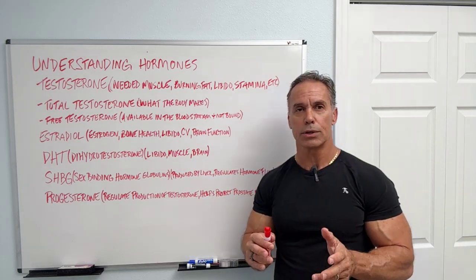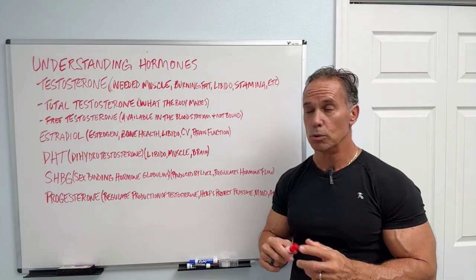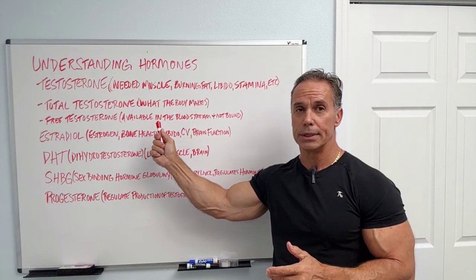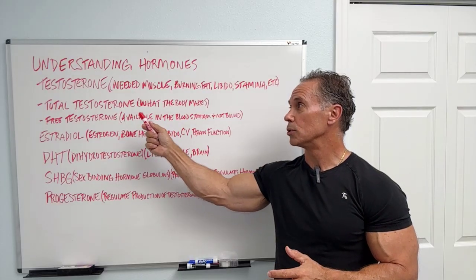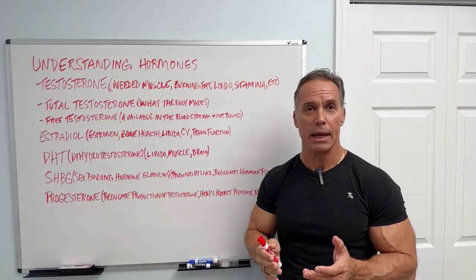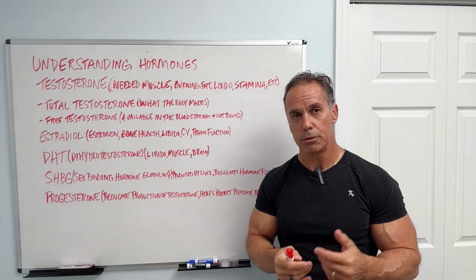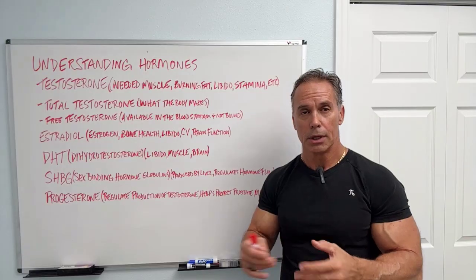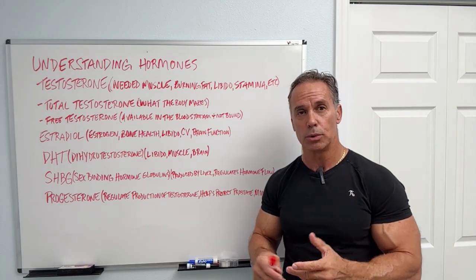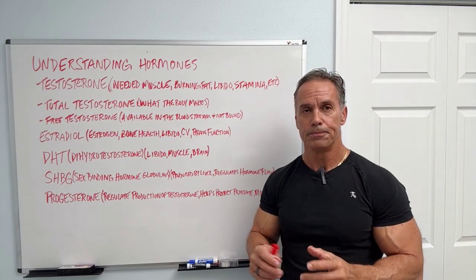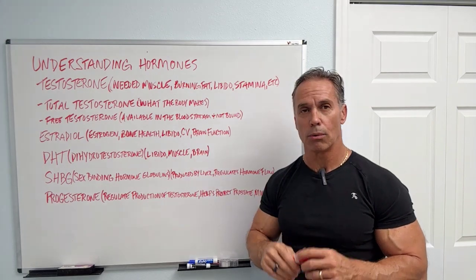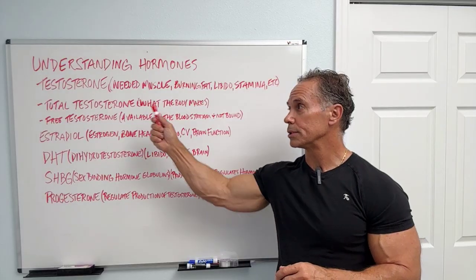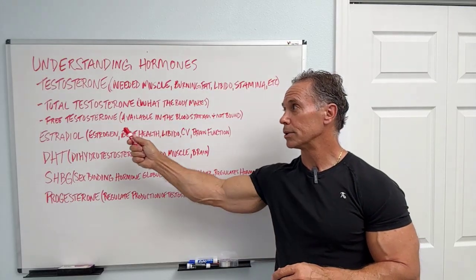And so with testosterone, most people don't realize this, some do, but there are two types of testosterone. You have total testosterone and you have free testosterone. What we want to check is your total testosterone, because that's what the body makes. So we're seeing how the body's making it, which comes from the luteinizing hormone, the follicle stimulating hormone, and pregnenolone and DHEA. They're helping to create all this through the hypothalamus and the pituitary gland. So we want to see how we're doing. And if the total testosterone is not where it needs to be, then we start making adjustments to get it there.